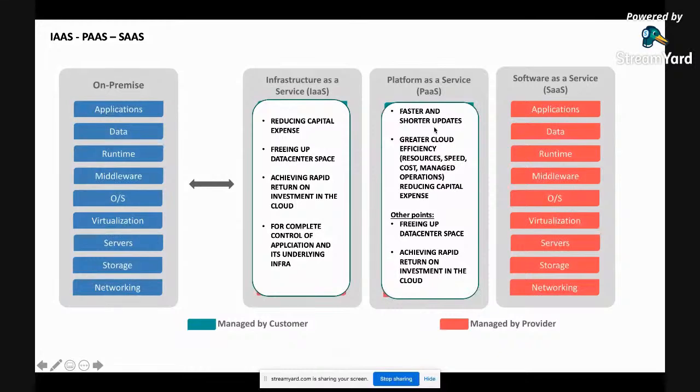For a platform as a service, what are the key points to remember? Faster and shorter updates. When you move on to a platform as a service, you get to focus on your applications, on your data, and hence you will be able to provide updates and changes to your application faster, because the overhead of operating system and all the other components below that has been taken care of by